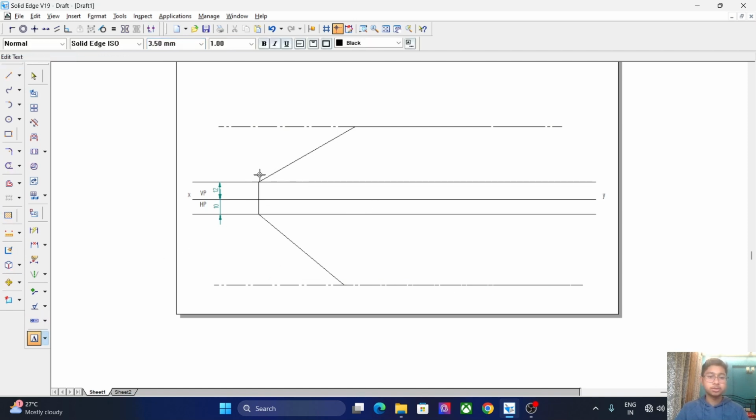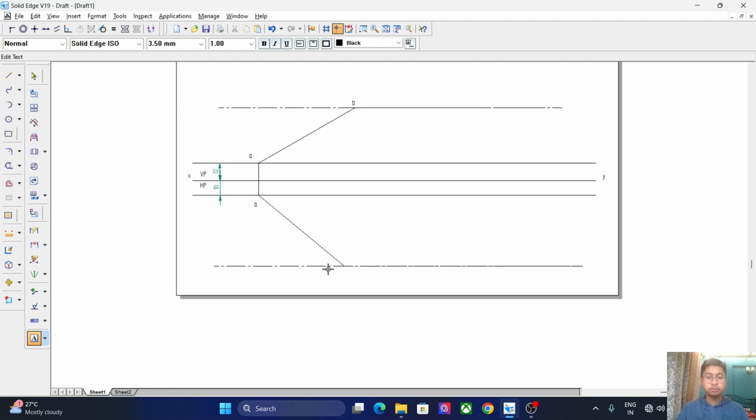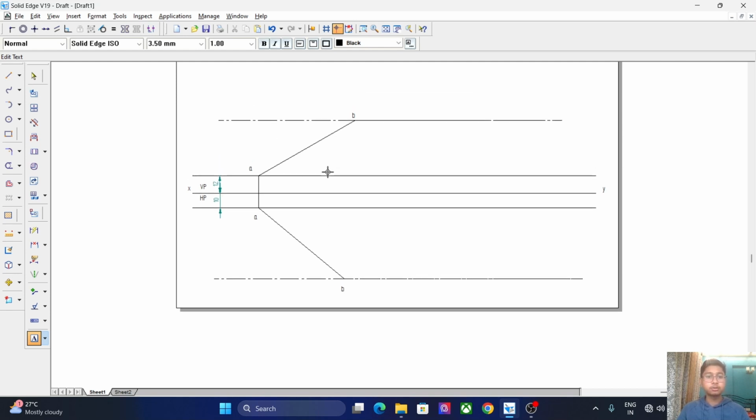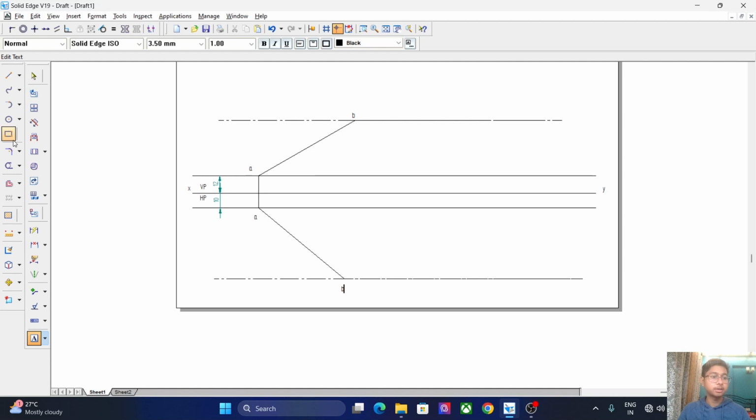We can mark them as A, not caps, A and B. Similarly for the below VP also, A and B. Now true lengths are already given. We have to find the apparent length. So to find the apparent length, we'll be using,